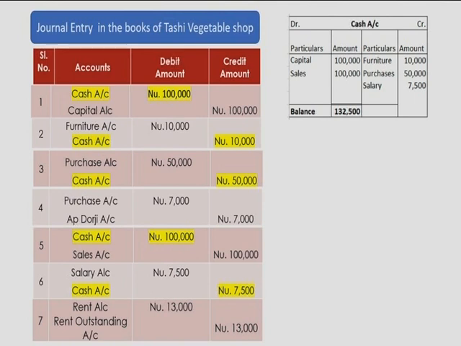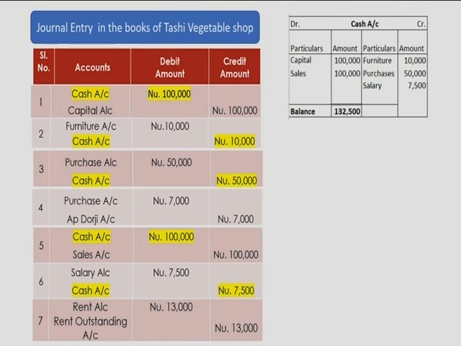So you have to now close this account. The cash account has to be balanced now. If you look at the debit side, the left hand side, you can see it has 200,000, and if you look at the furniture side, it has less than 200,000. So that means you have a debit balance now. You have a debit balance of cash, that is 132,500. After deducting all furniture, purchases and salary, the balance of cash in your business